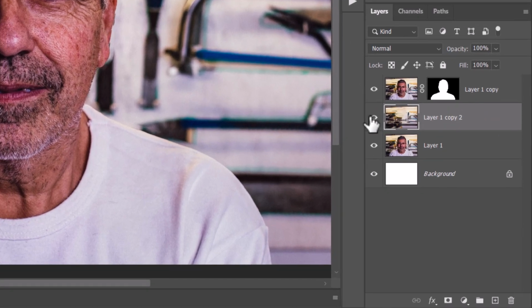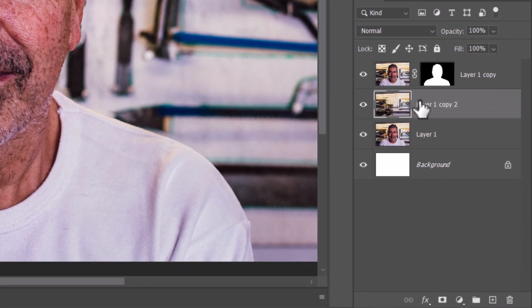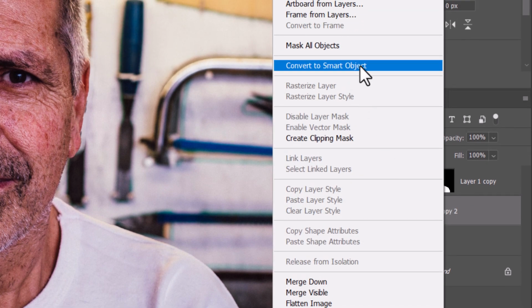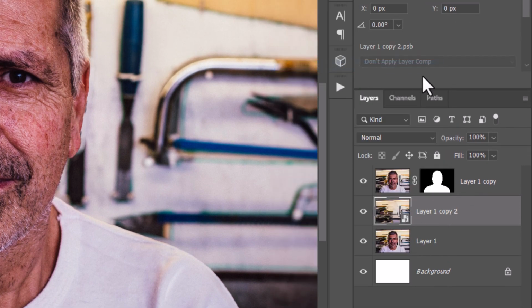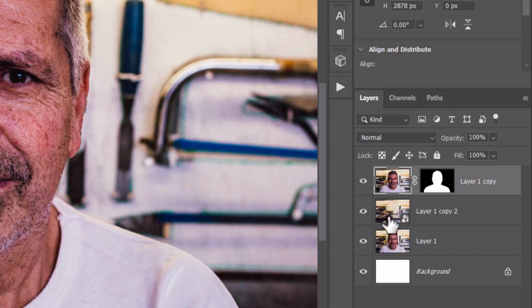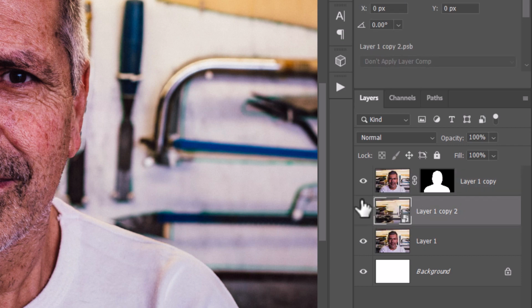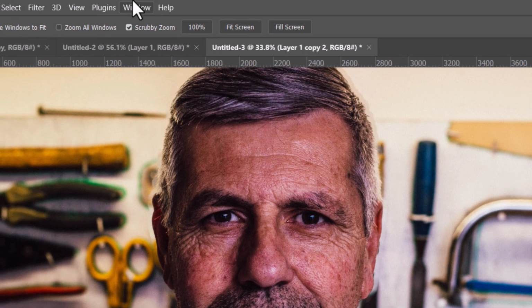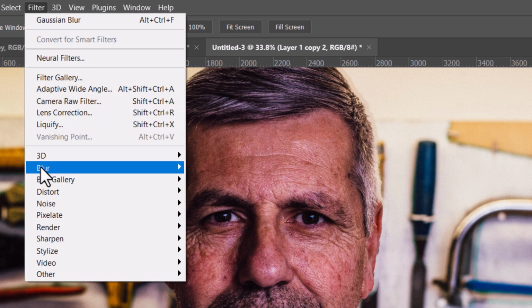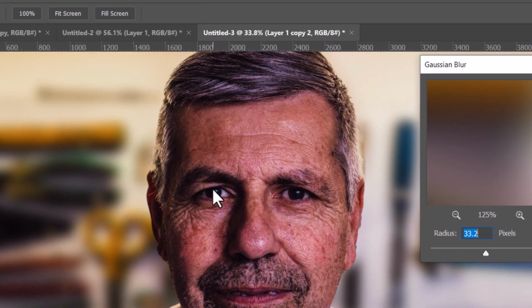What I'm also going to do is right click on this layer. I can see here, this is the one without the person on it. And I'm going to convert it to a smart object. That means any filters I apply, I can actually update and change if I don't like the result. I'm not stuck with the result if I hit a filter and I can't go back in my history. So while I have this layer selected, I need to make sure the white square is around the layer that I have without the person on it. I go to Filter, Blur, Gaussian Blur, and now